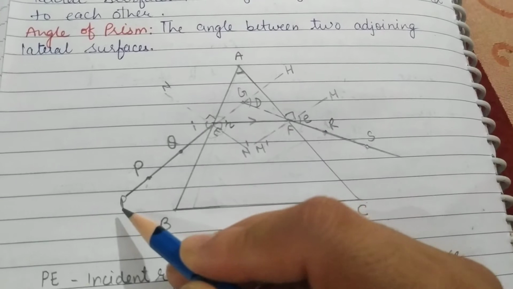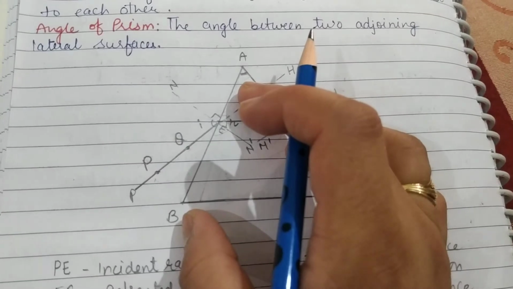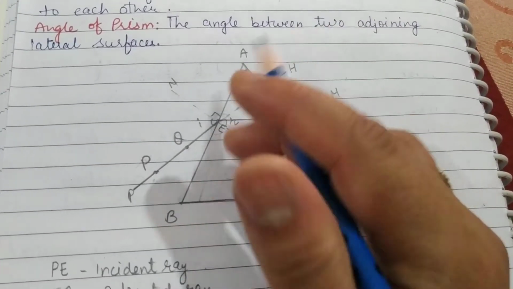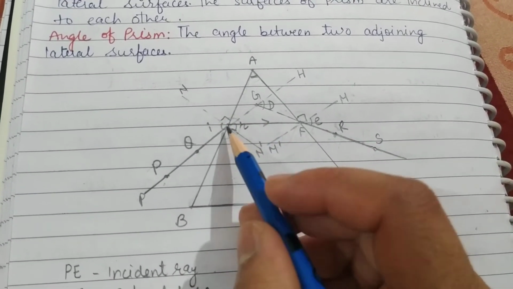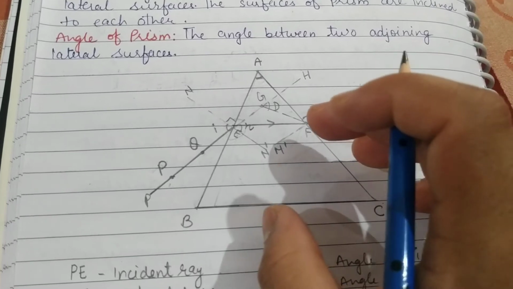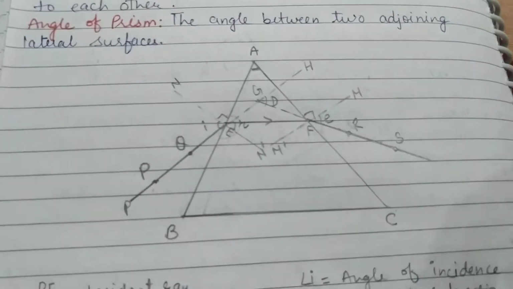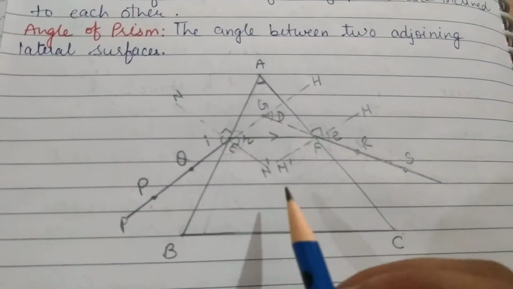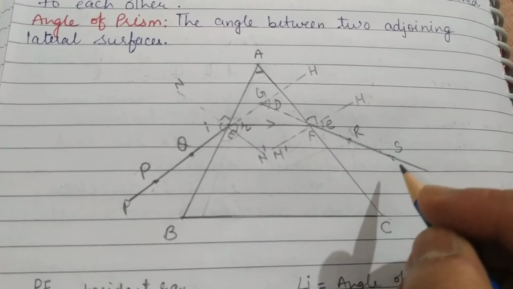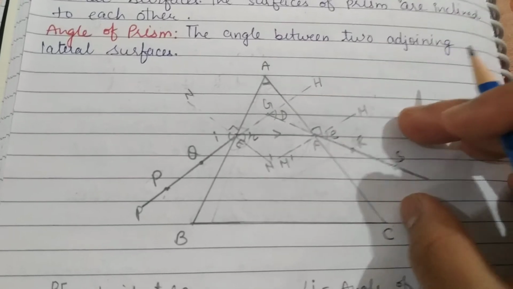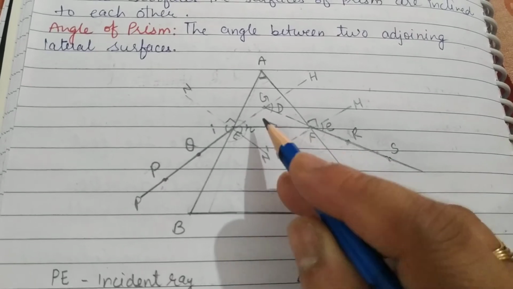After that we will draw a line PE on the refracting surface AB. Then you will put two pins over here, named P and Q. Put the prism again here and observe it from the other refracting surface, that is AC, from this side. If we see from this side, we will observe a straight line coming out from the prism.